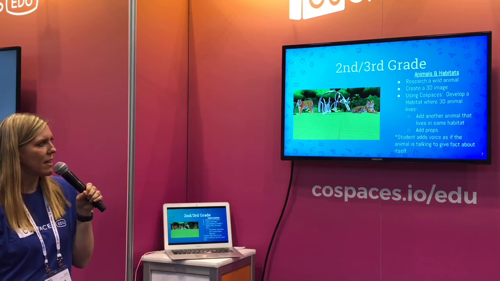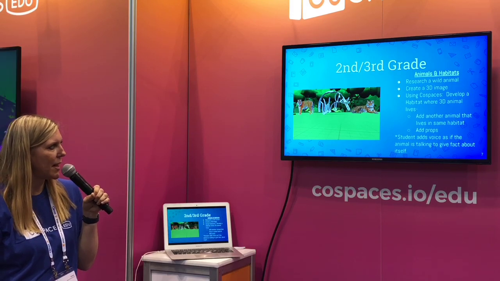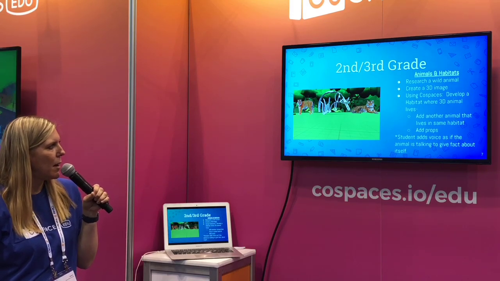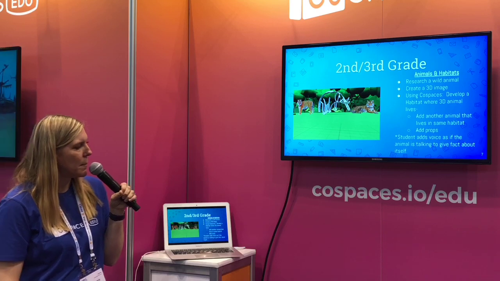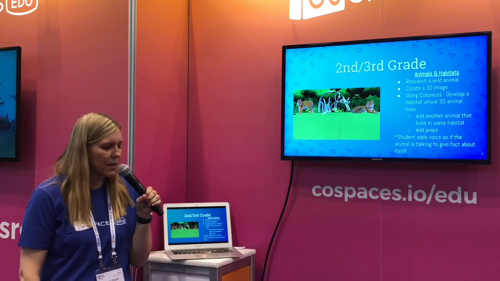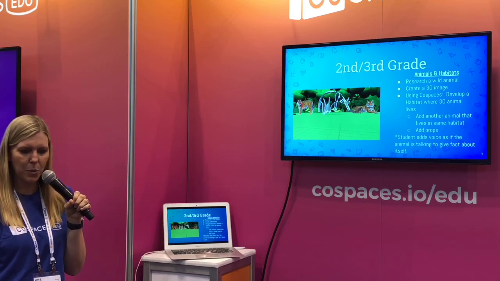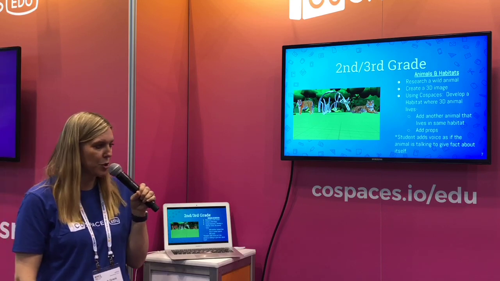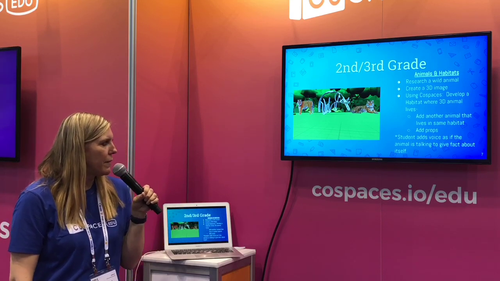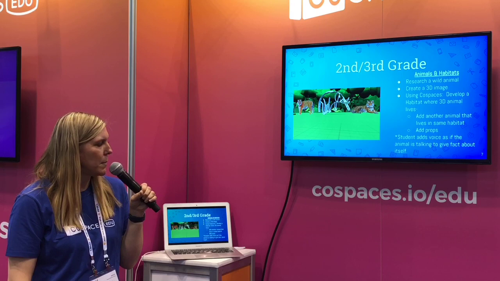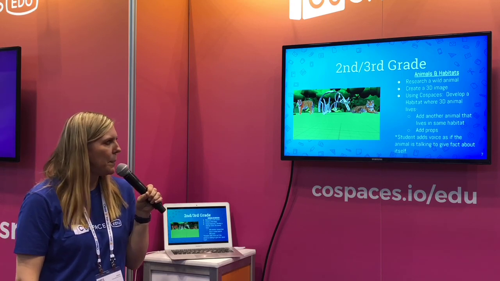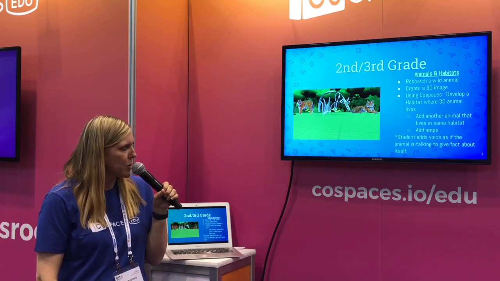And one of the ideas that I had was to do animals and habitats. What we do with 2nd grade specifically is I have them go through the process of researching an animal of their picking. It cannot be a farm animal; it has to be a wild animal. Then after they research it,